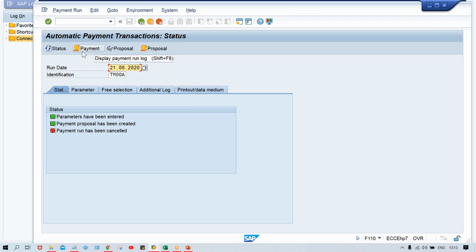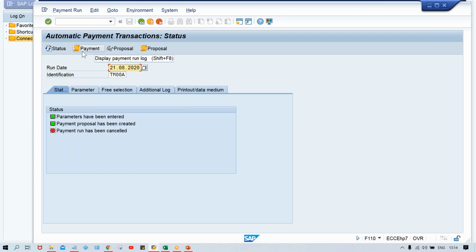In real time this error will not appear, but when you are practicing in an online server, this error may appear. Why? Because we are running this APP, and the APP is a kind of transaction itself. Payment is getting posted, and it is posted against a particular document type, right? So you have created a different number range and you are going to assign this number range